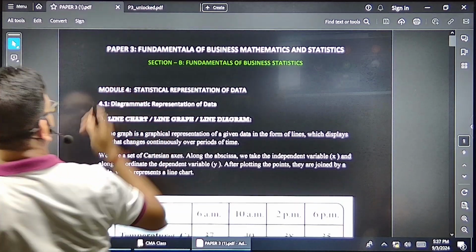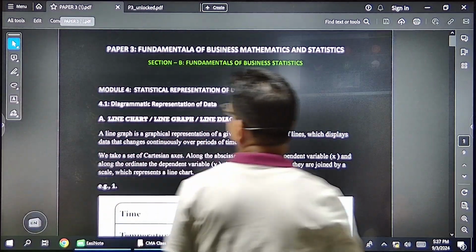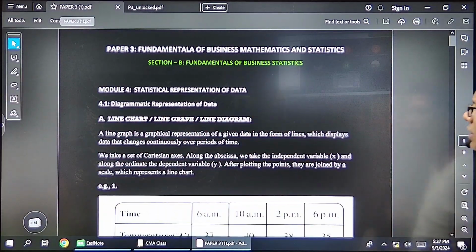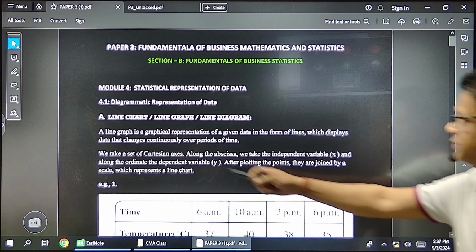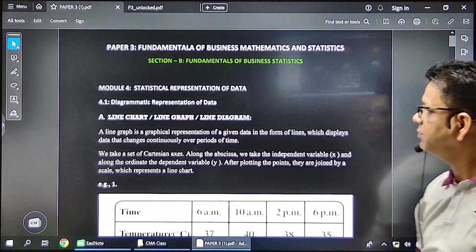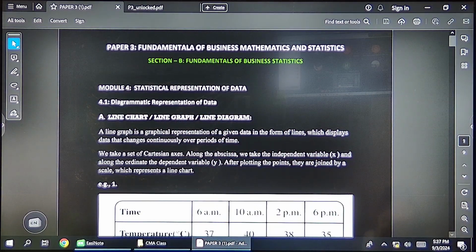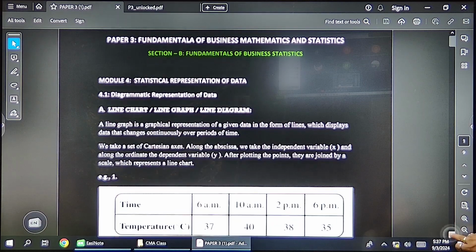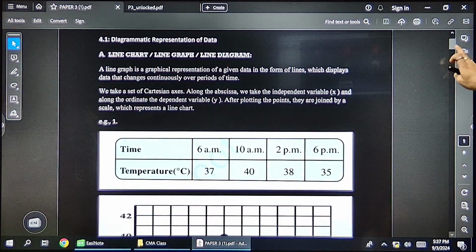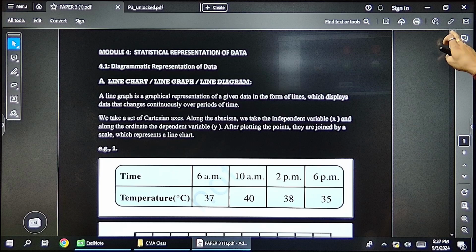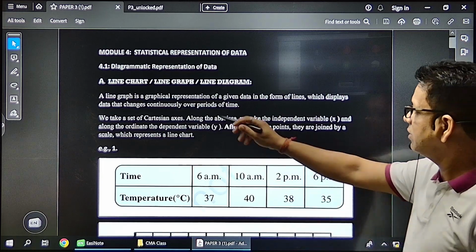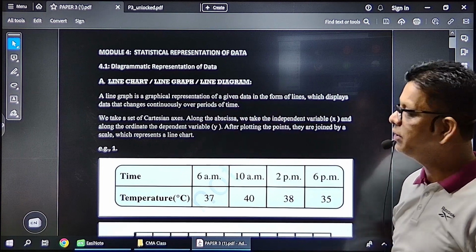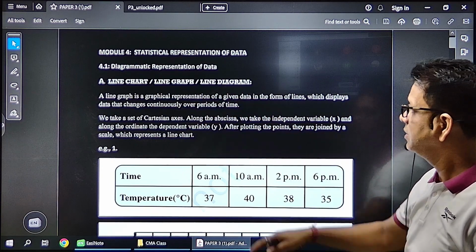Now, this is what I'm going to start with, paper 3, section B, fundamentals of business statistics. So my portion. Now, 4.1, as you have seen, diagrammatic representation of data. Today's class will be limited again to what you have learned in previous classes, maybe in higher secondary classes or up to 10. So you must have seen this line graph or line chart, or we also call it line diagram. So what is that? You see